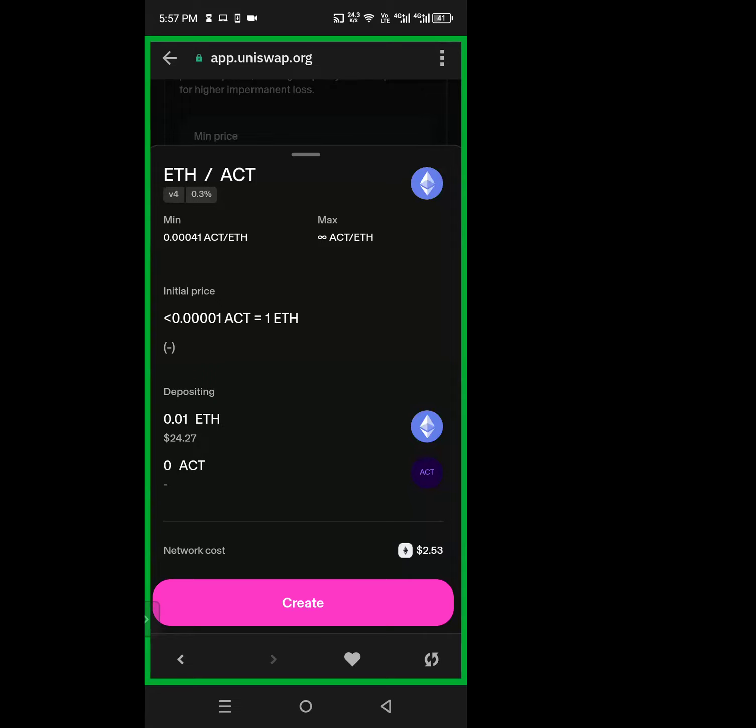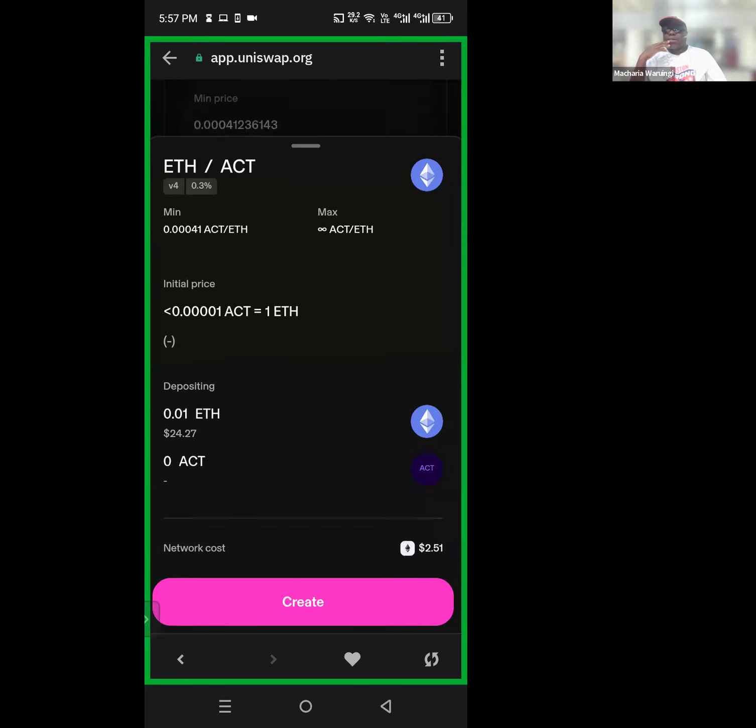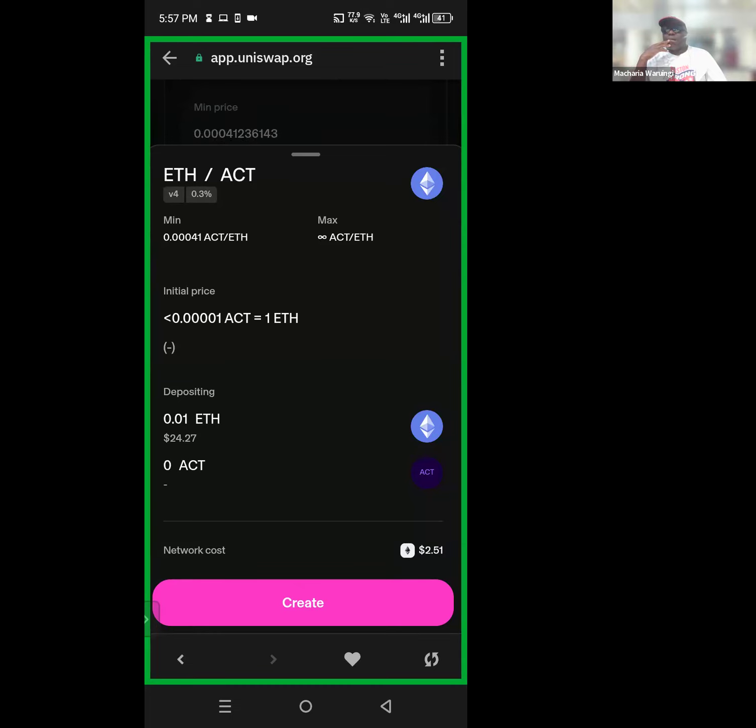What did you do? You set it at full range or infinite? Yeah, it's infinite. Oh, I thought you were going to do not full range, but a range like 0.5%. Okay, let me go back.